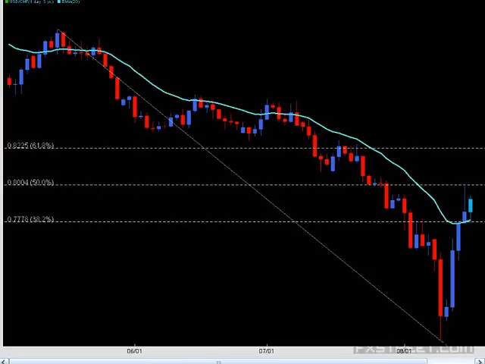Mike says, takes big money to make that kind of candle. Absolutely. It takes a lot of big money, and it also takes a lot of seriousness. Think about it. Dollar Swiss has been trending since 117 in a consistent downtrend. Since then, it's been selling almost 2 out of every 3 days.